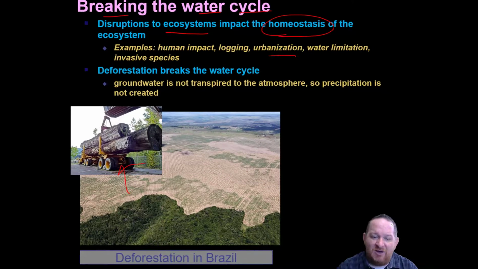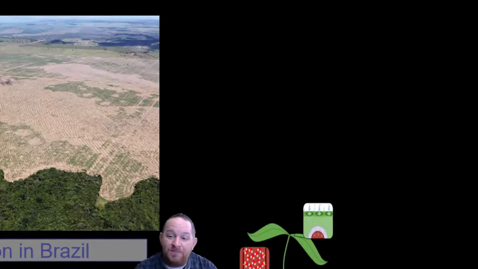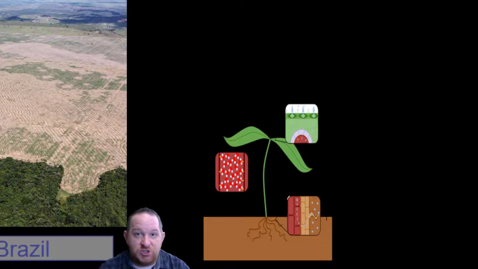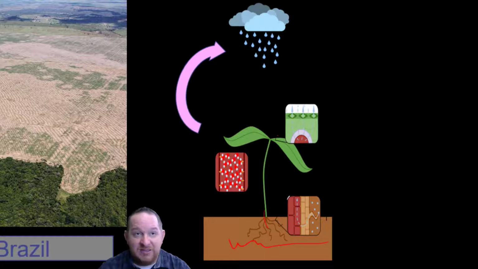Now, you may say, how does cutting down these trees break the water cycle? Right? I get the oxygen thing, but how is it breaking the water cycle? Well, do you remember what we just mentioned? Transpiration. What happens is that the plants take water that's in the soil, in the ground, it moves up through the plant into the atmosphere, and then eventually falls back down.